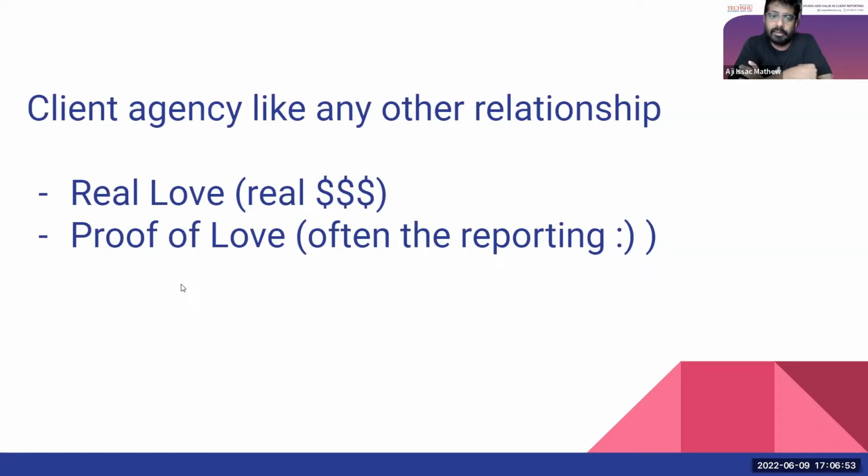and when we say client, it can mean anyone who is funding that project. It can be an internal client, it can be an external client. So at the end of the day, when you work with anyone, there is a real love or the real ROI that you need to create for people. The second one, we call it a visible ROI or the proof of love. How do people understand that you love them? So that is what we call proof of love.